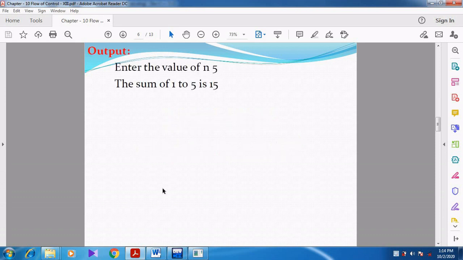Right. Now you can see, enter the value of 5. The sum of 1 to 5 is 15. Whatever value you want you can give. So you can find the sum of 10 numbers and the sum of 100 numbers. Any one of you can see this video and reply to your subject teacher: what is the sum of 1 to 100 numbers?